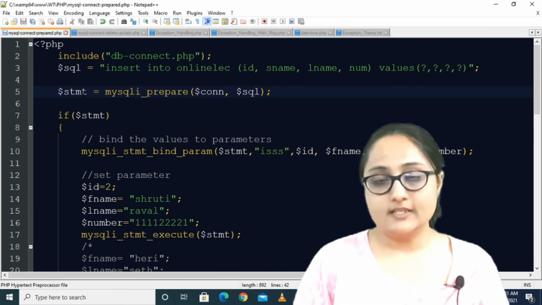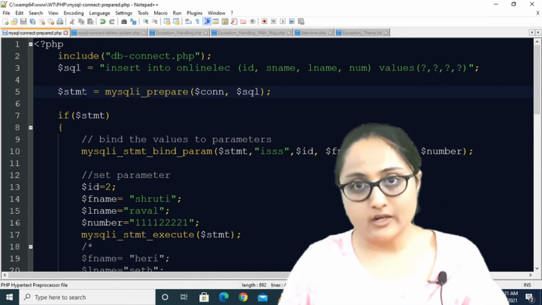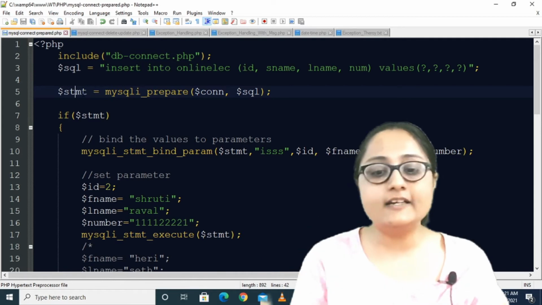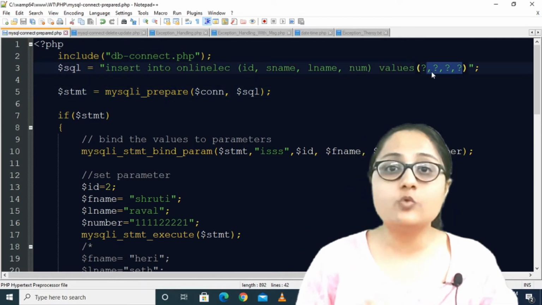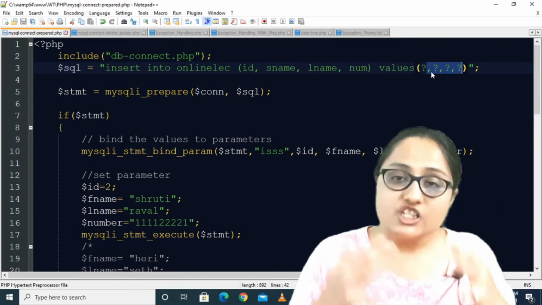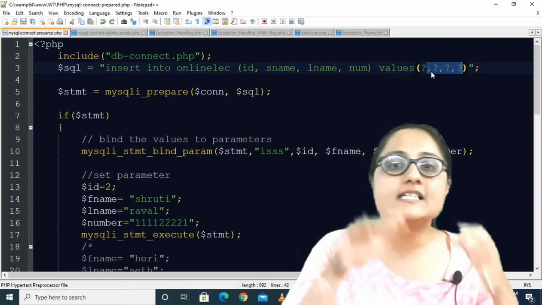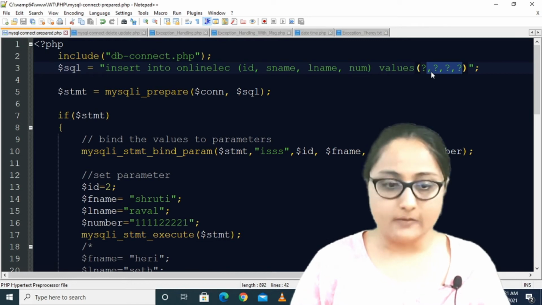Now at a later point in your application, you want to bind these unspecified values with actual values and execute the query so that data is inserted into your table.